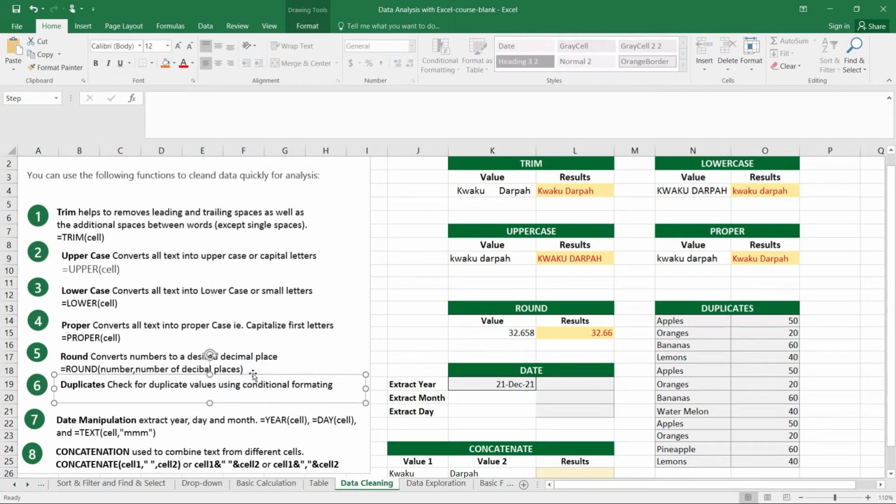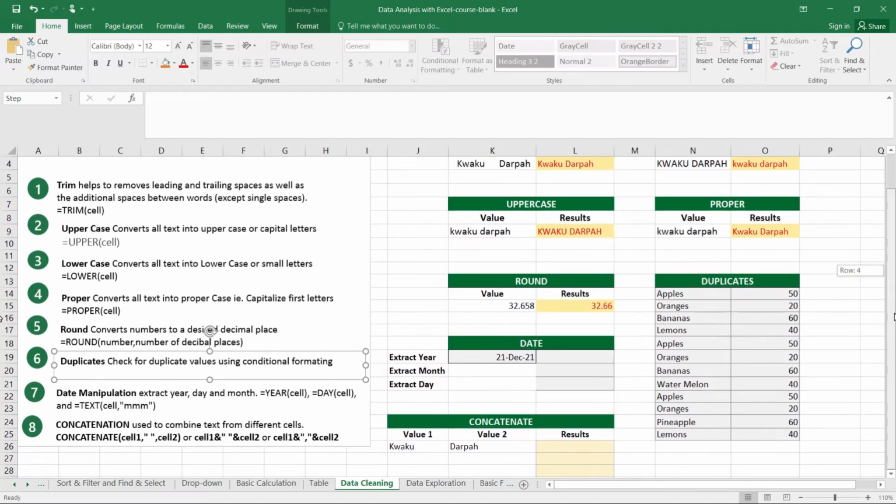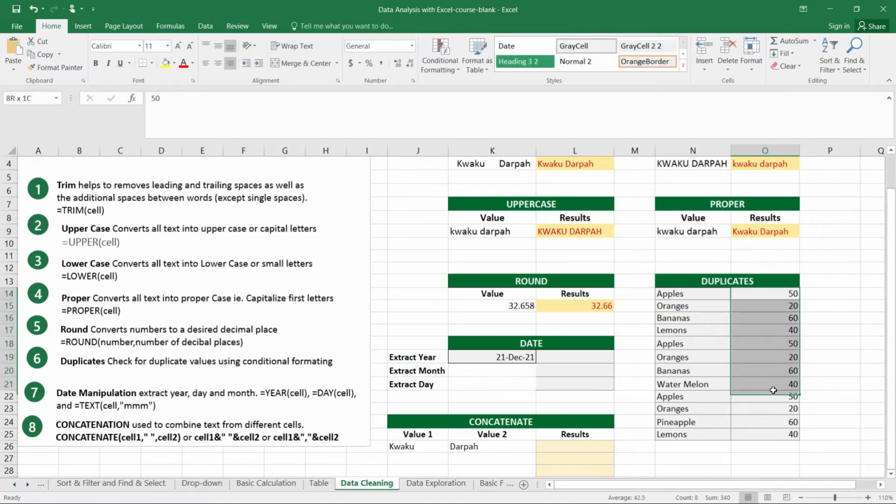duplicate. You may have records that have a lot of duplicates that you want to get rid of, and it's a good practice to always check your data to ensure that there is no duplicate. Otherwise, it will have a great negative impact on your results when you analyze the data. So to do that, you select the cell that you want to check for